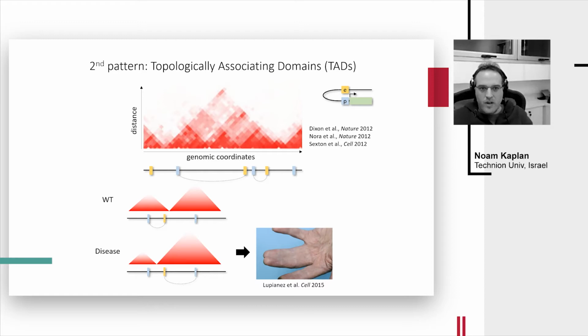And we're going to move on to this pattern of topologically associating domains, or TADs. So you already saw what TADs are. Basically, if you look along genomes, you see these big triangles. Sometimes you see they're built in a hierarchical way. You see smaller triangles inside, and so on. And this was discovered in 2012. And the reason it became very interesting is because of studies, for example, like this one from Stefan Mundlos's lab, where